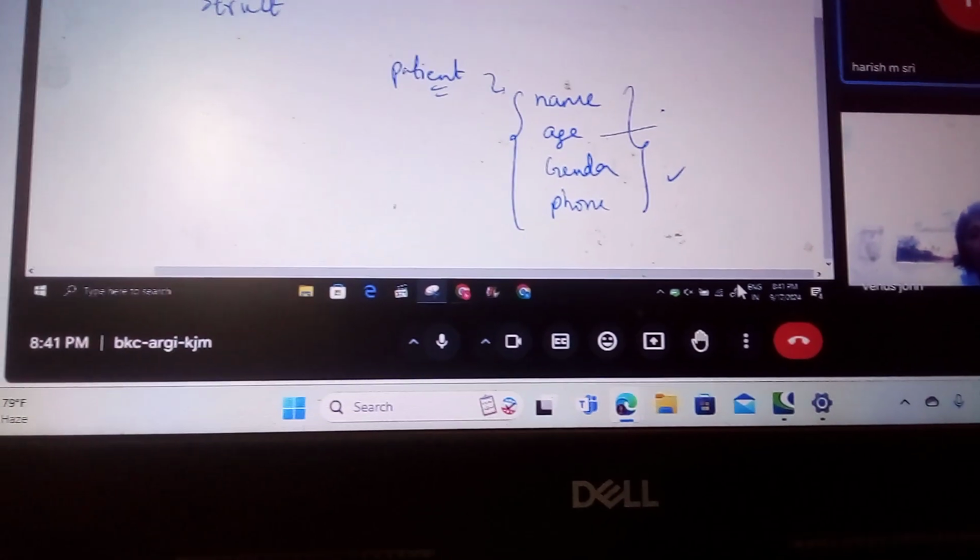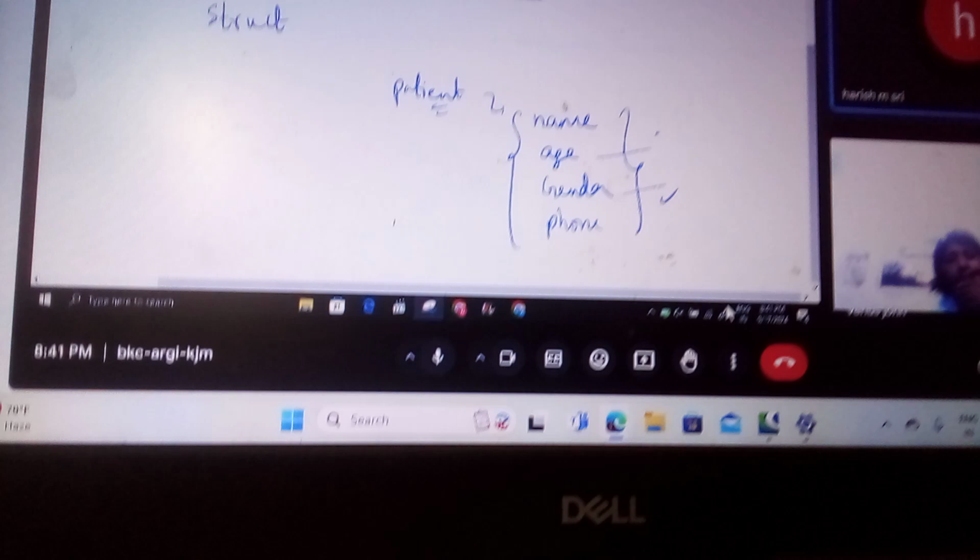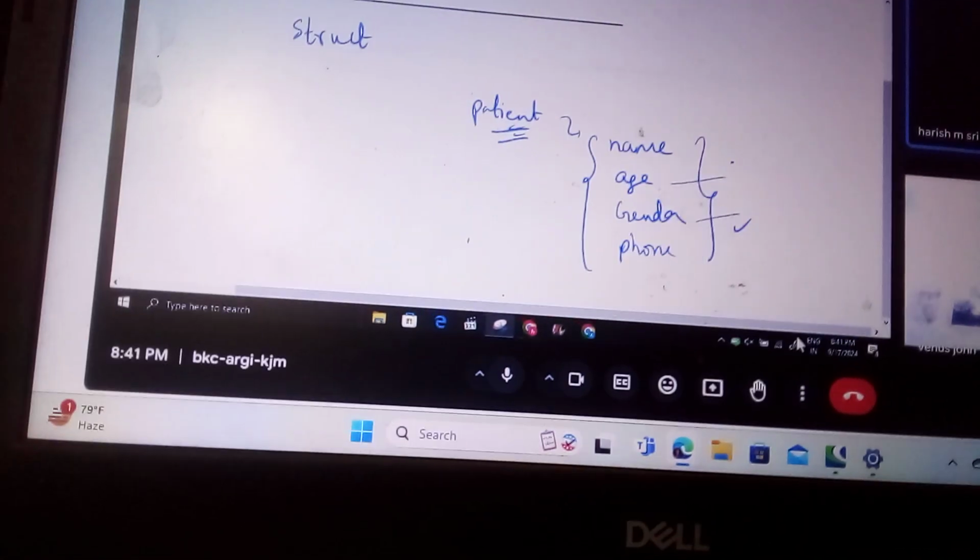Age is a numeric data type. Gender is a non-numeric data type. Like the different things you will have to take for a patient. How to store multiple data types then? For that we use what is called a structure, or struct basically. So I define a struct called person, let's say,